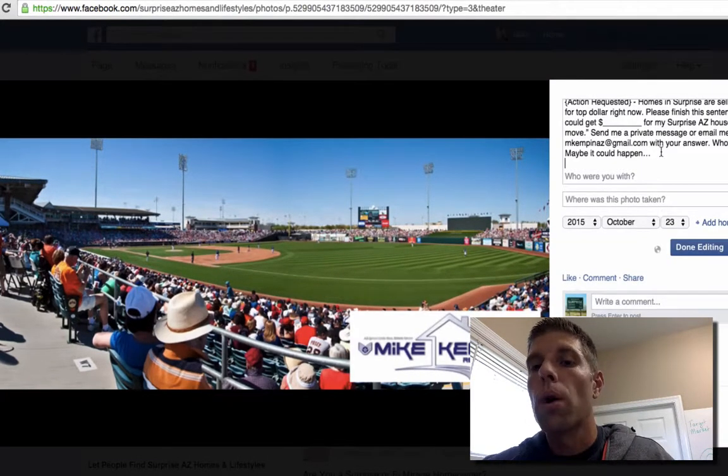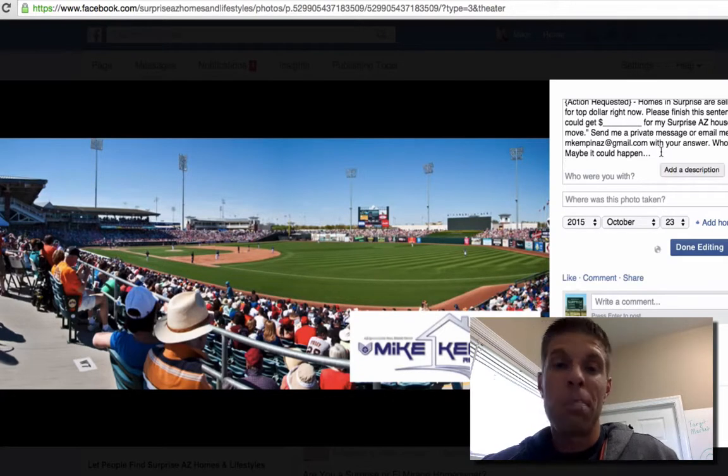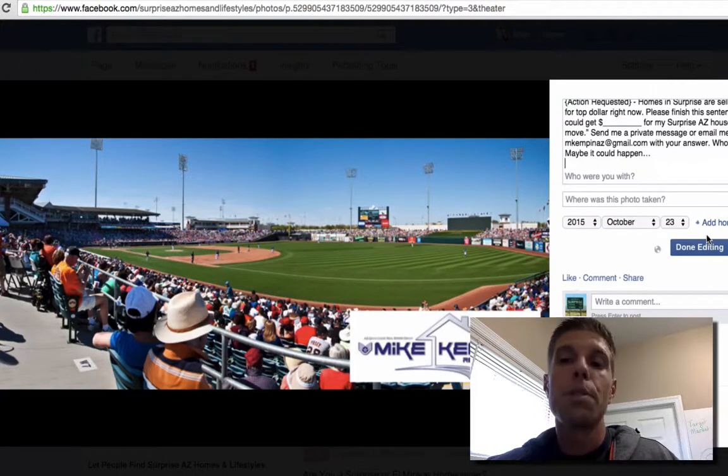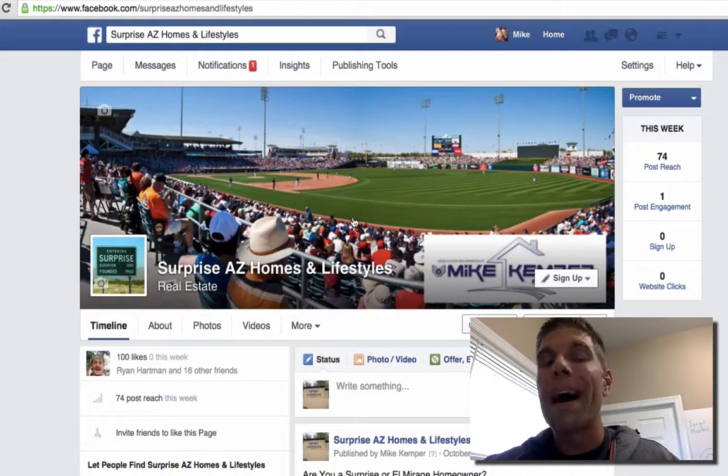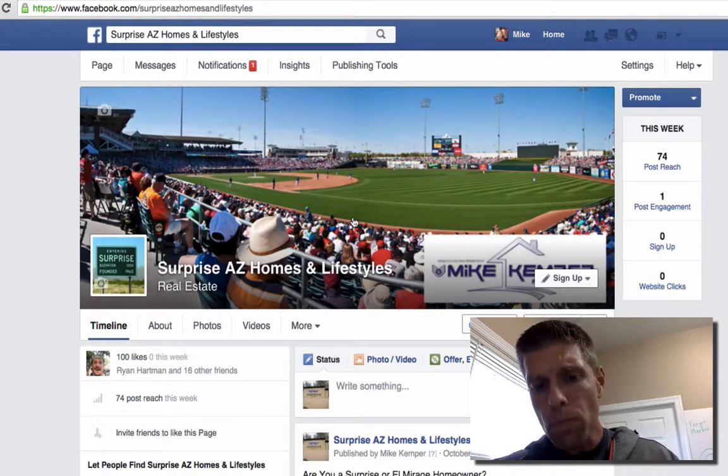Basically, we're looking for people who might be thinking about selling their home, right? And we're getting them to send us a private message or an email. Really, really simple, very low tech, but can be effective and is certainly, without question, better than not having a description there. So that's the last thing we're going to do in this little tweak. And then as we follow Mike in this journey on the Client Alchemist Unplugged series,